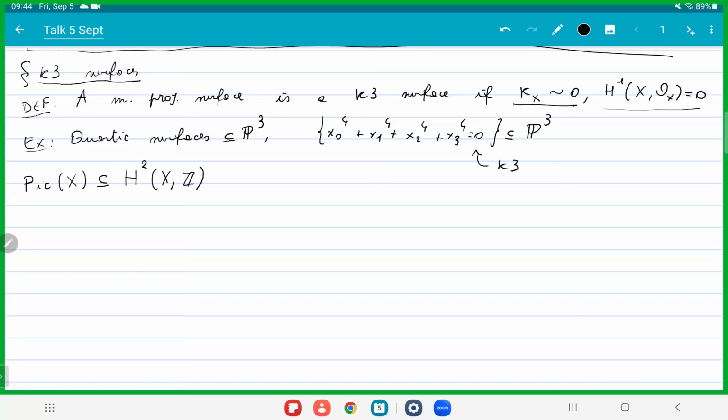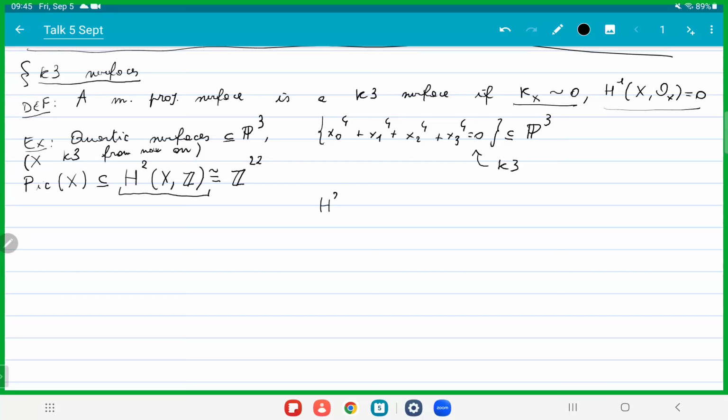So it's something inside the second cohomology group H2(X, Z). But here we have a surface, dimension 2. So it's even better than that, because this H2(X, Z), in the case of a K3 surface, is torsion free. It's isomorphic to Z to the 22. So this is just a free abelian group in the case when X is a K3 surface. So maybe I should write X K3 from now on. And in particular, it's a surface.